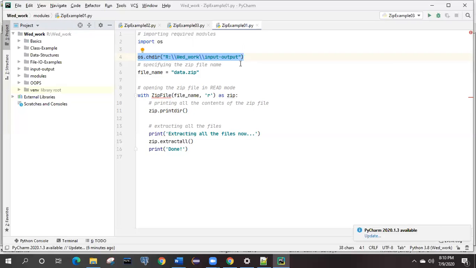Suppose in this directory input output you also have one particular folder that you want to zip. Then you need to again specify the folder location. If you are not providing any folder location after this, it means that whatever the content present inside this input output directory, n number of things present, it will make use of all of them. Okay. So hopefully it's clear now.